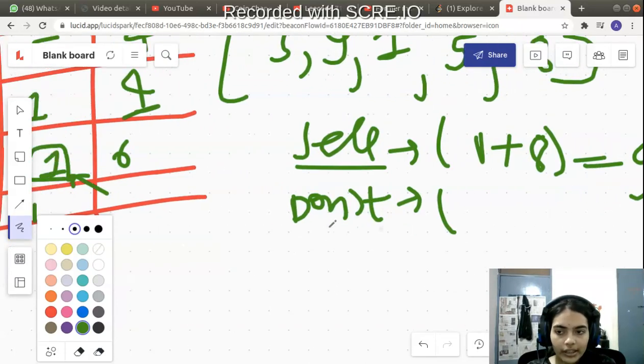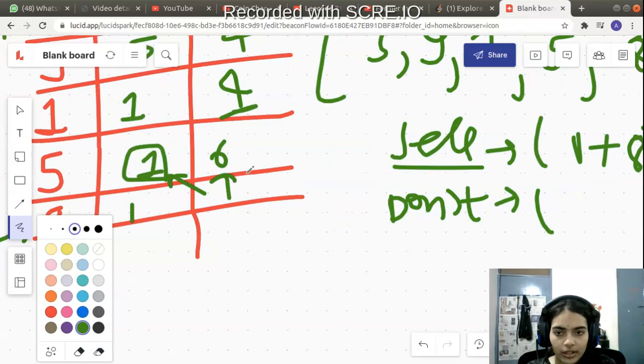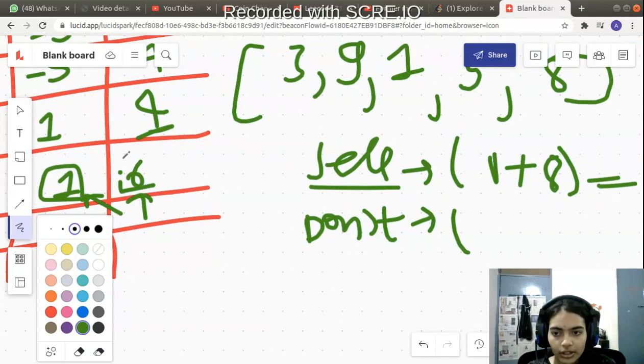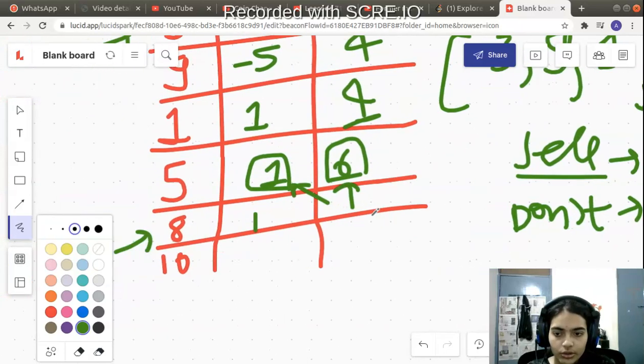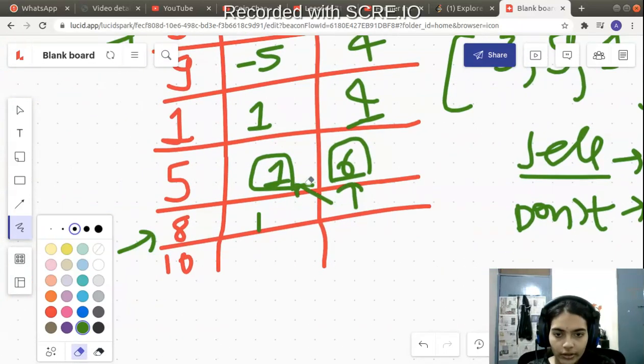If you are not doing anything, you are at position 6, that means the row just before. So from here you will look, you are at position 6. Which option will you choose between 6 and 9? Which is better? 9 is better, right? So you will choose to sell on this day, because obviously you can see the stock price is high on this day. So I will have 9.